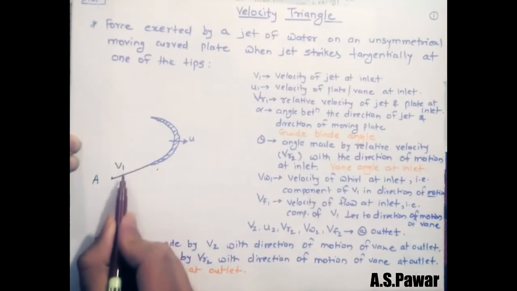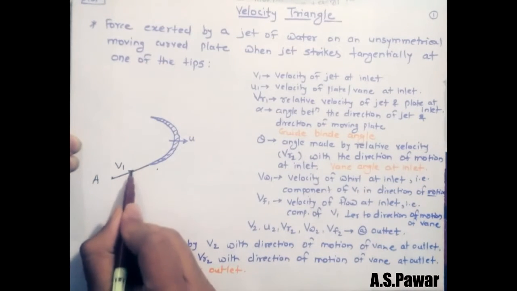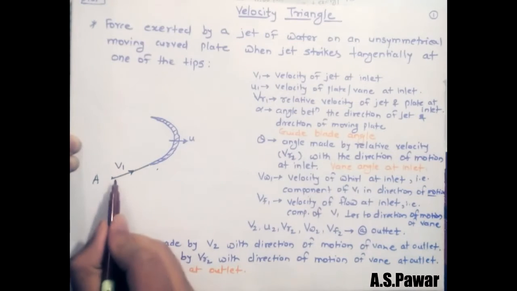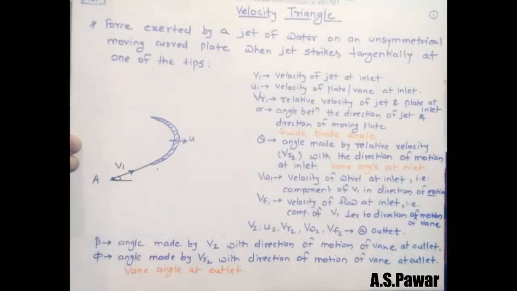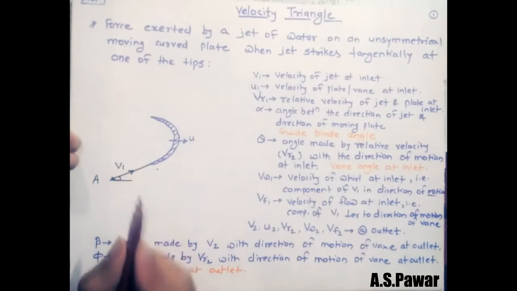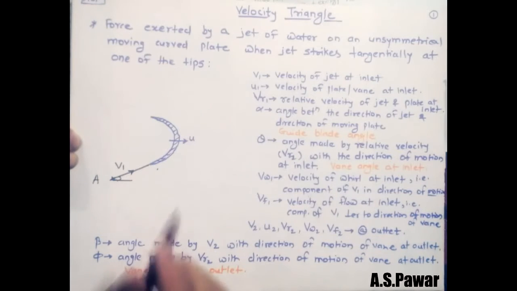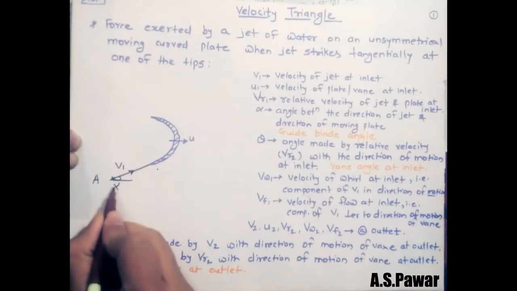Now we will consider that this velocity vector v1 has certain magnitude and direction. So its direction is in this direction. It is inclined at an angle, suppose theta, with the horizontal. Okay, suppose its angle of inclination is beta. Let us consider that angle as beta. We may consider that angle as per the different reference books. So for time being I am going to consider that angle as alpha, angle alpha.